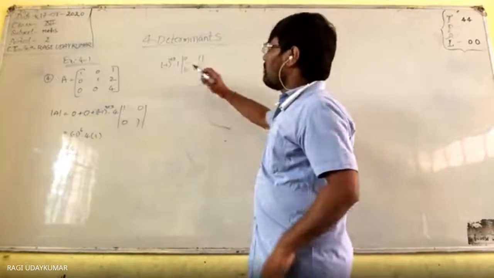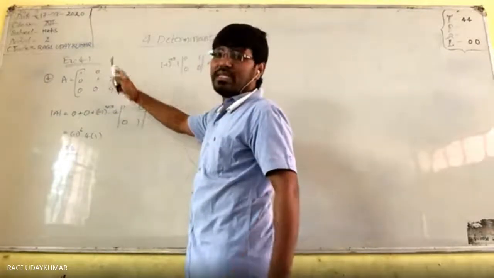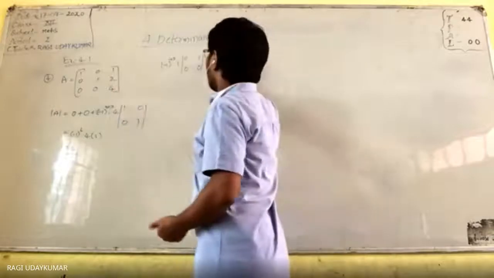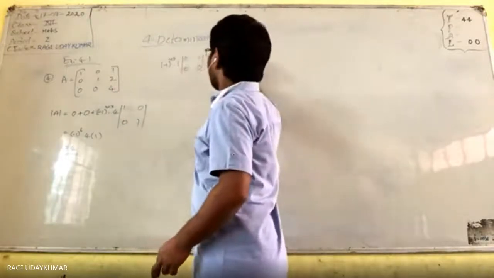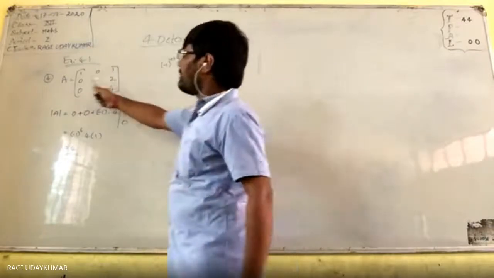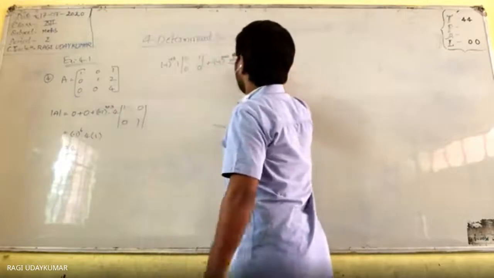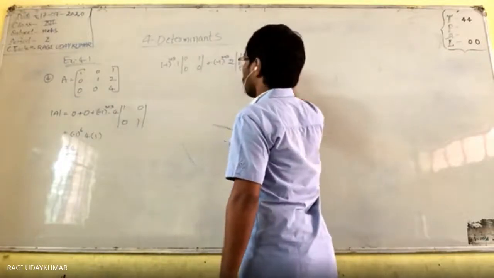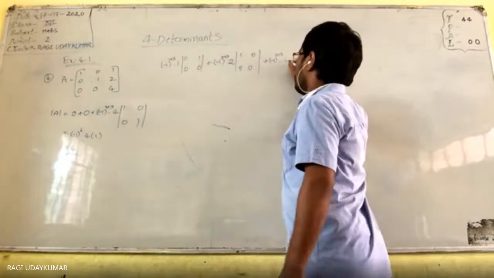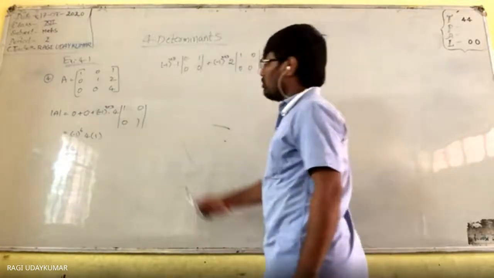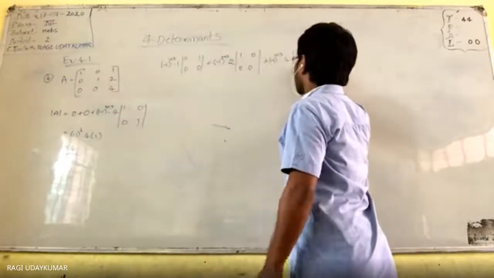Now here, plus minus 1 to the power of, what is the position of this one? Second row, third column. So 2 plus 3, and the place is 2. Delete this row and this column. 1 0 0 0. Plus minus 1 to the power of third row, third column. The place 4 into this row and this column: 1 0 0 1.